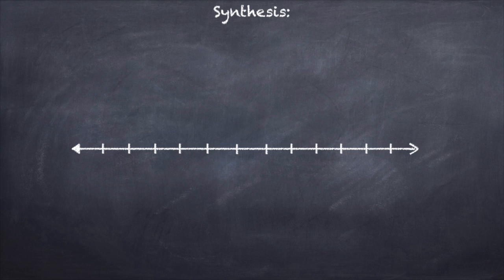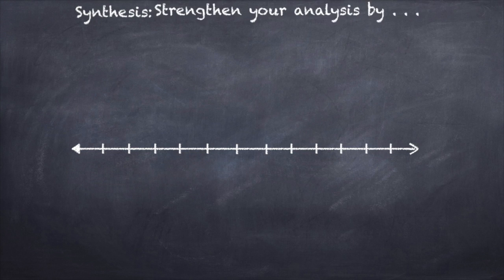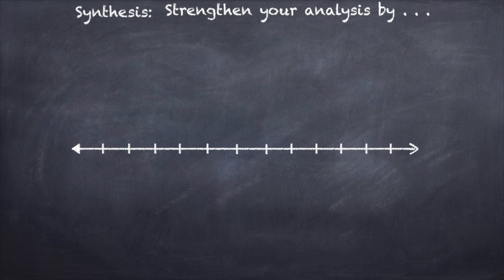So what you're doing when you're practicing the skill of synthesis is you're strengthening your analysis. You're taking your argument and you're making it more persuasive. And you're doing that by showing that your argument is not unique to the situation that's been framed by the prompt. So, for example, if you're arguing in your essay that A caused B, or that this particular event was